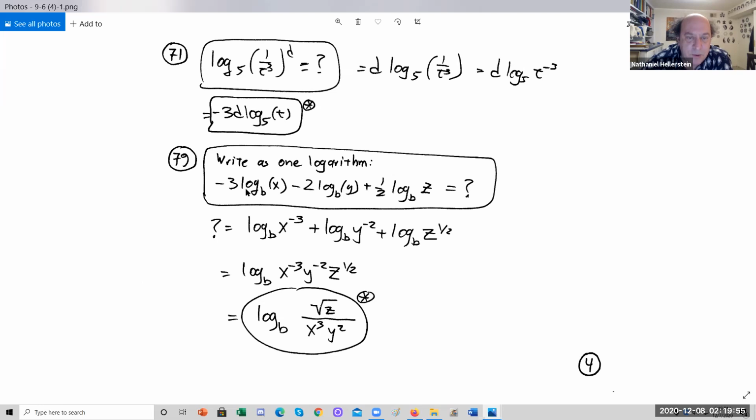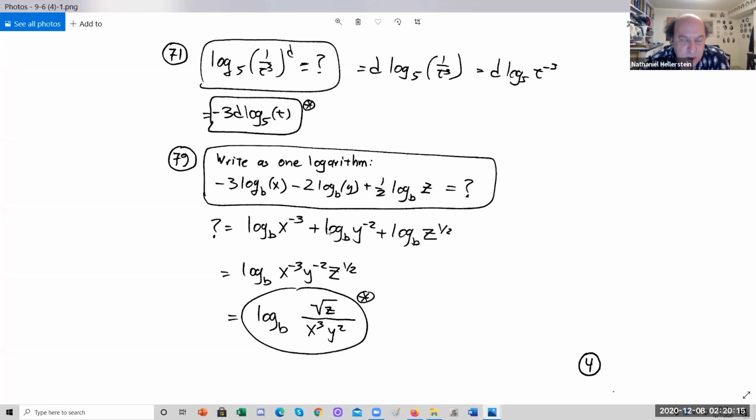Here we're going in the opposite direction. We have this expression in logarithms. We're going to write it as a single logarithm. -3 log base b of x minus 2 log base b of y plus a half log base b of z. We'll bring the 3, the 2, or let's say the negative 3, the negative 2, and the 1/2 inside